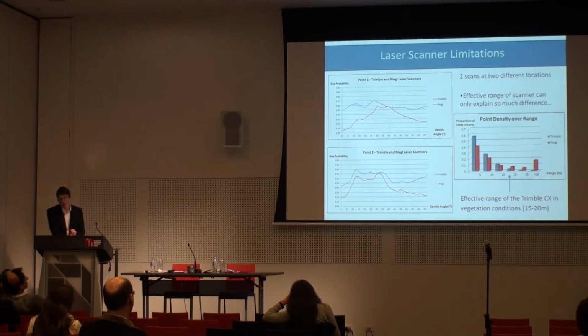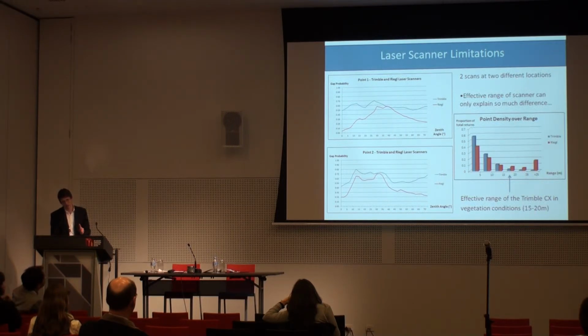So this is the comparison between the 2 laser scanners at 2 different points. Ideally, you'd like to see the 2 lines match up across all the zenith angles. But what is causing these differences? One, as I mentioned before, is the effective range of the instruments. On the right hand side we have a point density graph, where the y-axis is the total proportion of returns, and the x-axis is the range. You can see the Trimble instrument, or the phase-based instrument,